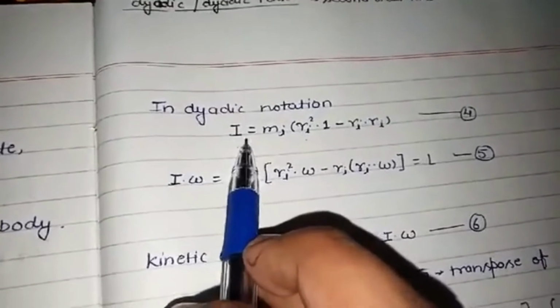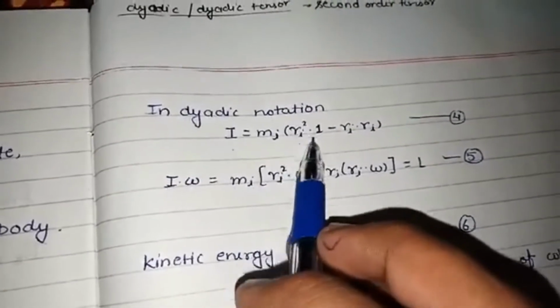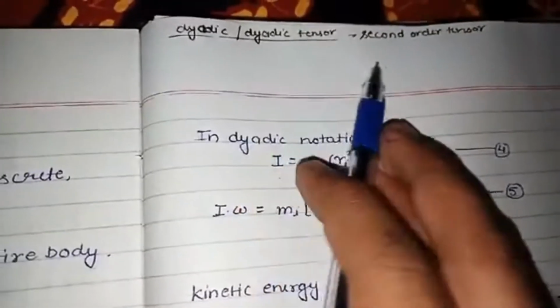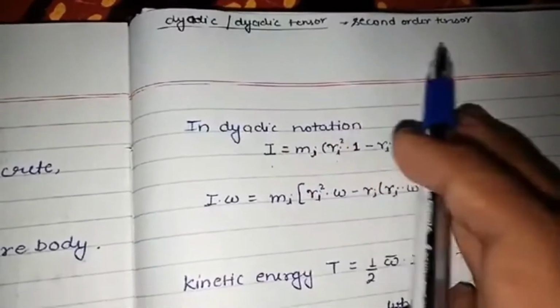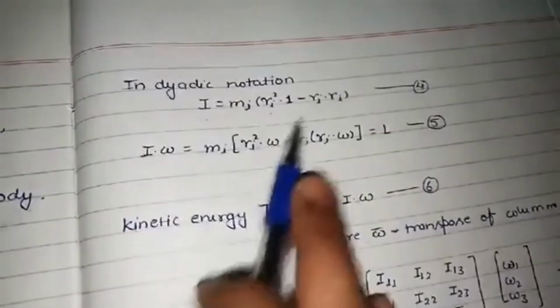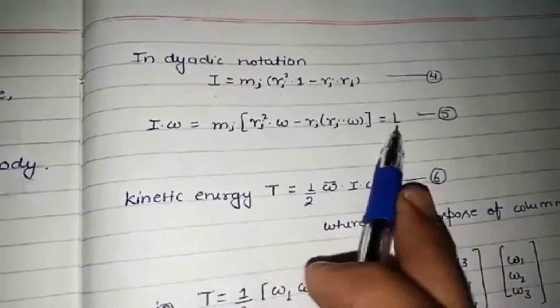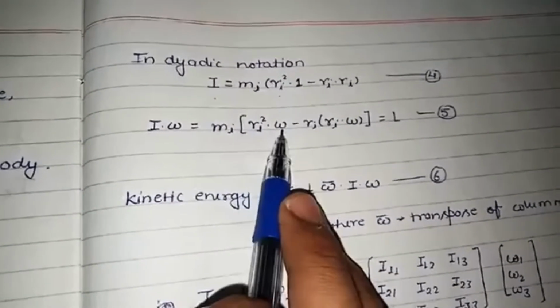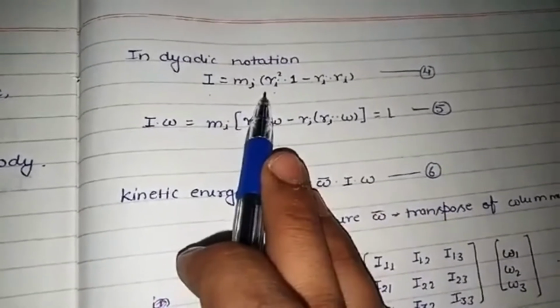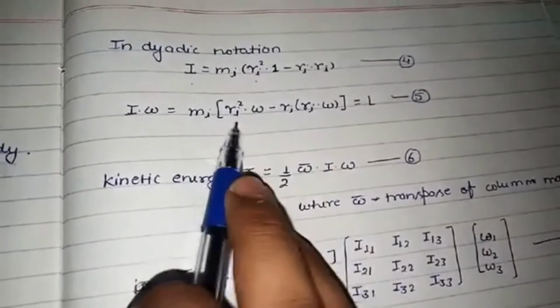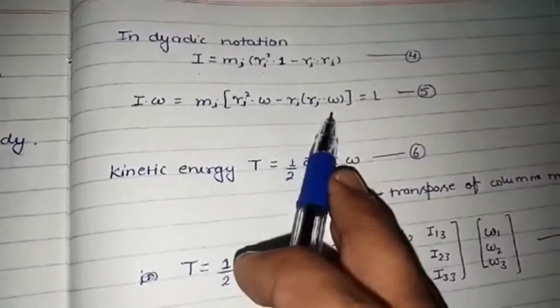सो इन डायरेक्ट नोटेशन में हम इस तरह से लिख सकते हैं, मोमेंट ऑफ इनर्शिया, I = r_i² × (1 − r_i · r_i)। डायरेक्ट नोटेशन क्या होता है, डायरेक्ट मीन्स सिंपल होता है कि एक सेकेंड रैंक टेंसर होगा, डायरेक्ट टेंसर सेकेंड रैंक टेंसर होगा। सो हम दोनों साइड ω से मल्टीप्लाई कर देते हैं, Iω। Iω मतलब L हो गया। सो आप देख सकते हैं इसको भी ω से, और यहाँ पर जो ये 1 था ये हमारा यूनिट डायरेक्ट था। सो बाकी हमने ω से इसे मल्टीप्लाई कर दिया, L आ गया।